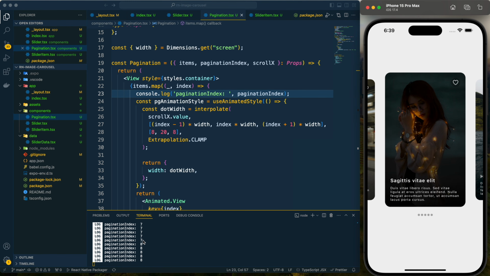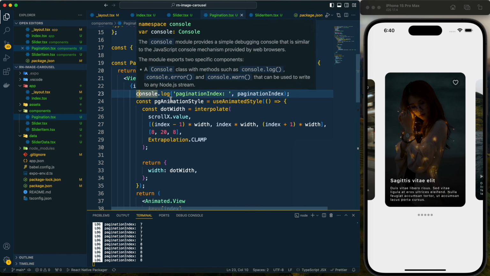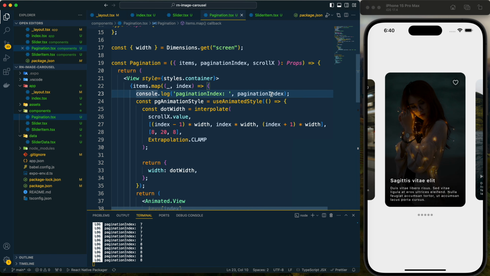So here we can see pagination index is not getting refreshed, it is increasing, and we have multiple logs for the same value because I have provided this console log within this map function. That is why it is logging the output multiple times. Otherwise if we see the value, then we can see it keeps increasing.